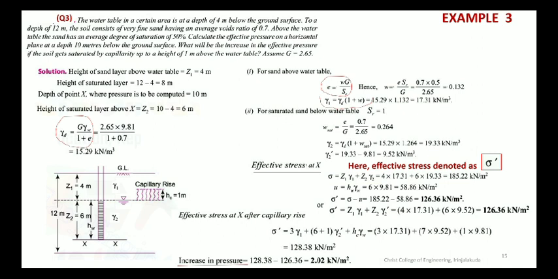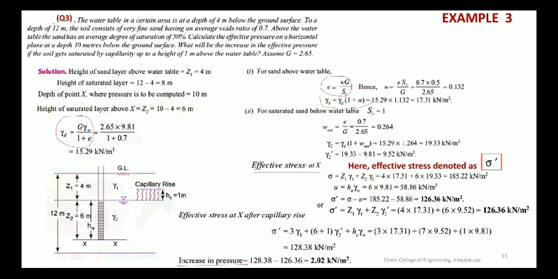Now coming to the layer below the water table. For saturated sand below water table it is fully saturated. So SR, the degree of saturation is 100%. That means SR is equal to 100 by 100, which is equal to 1. So again in the same equation, E is equal to Wg by SR. We substitute SR is equal to 1. E is the same. Void ratio is the same and it is 0.7.